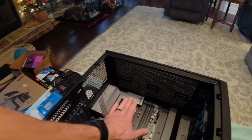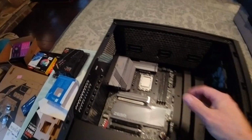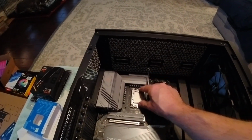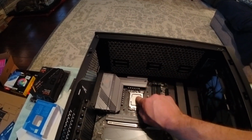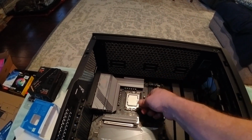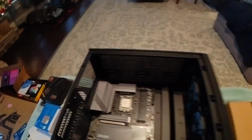If it was cockeyed, and then when you put this on, this puts pressure, it mashes it down into those spring-loaded pins, you can bend or break the pins. All right, so you want to make sure that that is centered. This goes on top. And push it down and under. That is now locked in place. So now the next step here